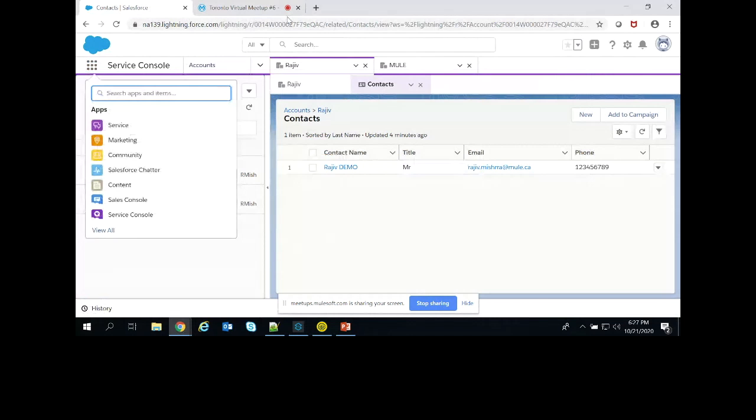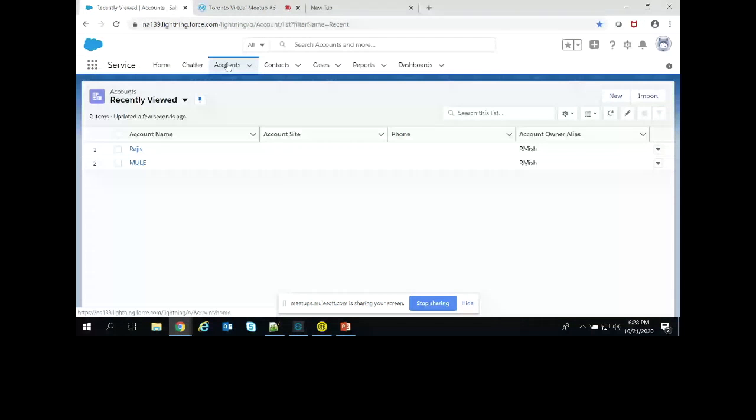So if I go to the object, currently I don't remember, but I have done the googling.